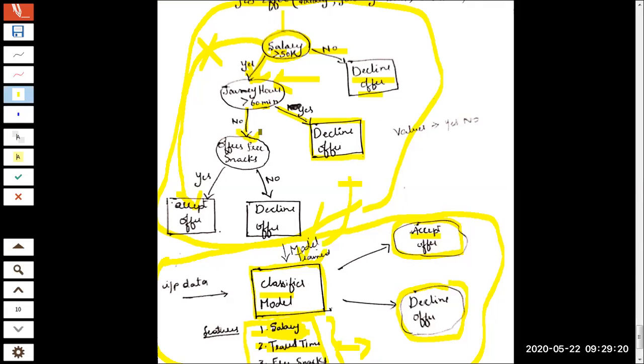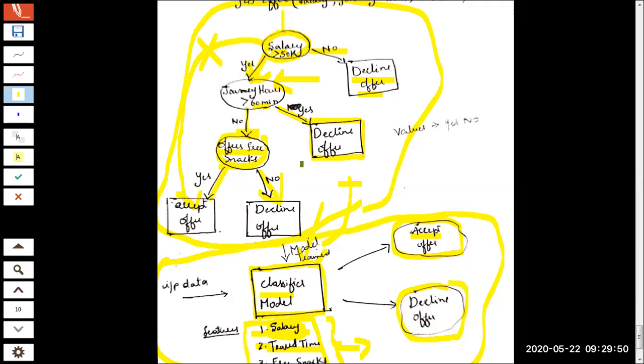Now, once again, can you directly go to the final leaf node or to the class label? So now one more attribute is there. Is there any free offer or benefit from the company? If yes, the person will accept the offer. If no, he will decline. Please observe the noteworthy contents in this example.